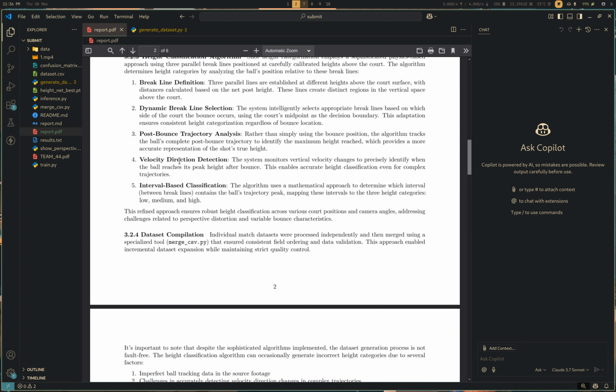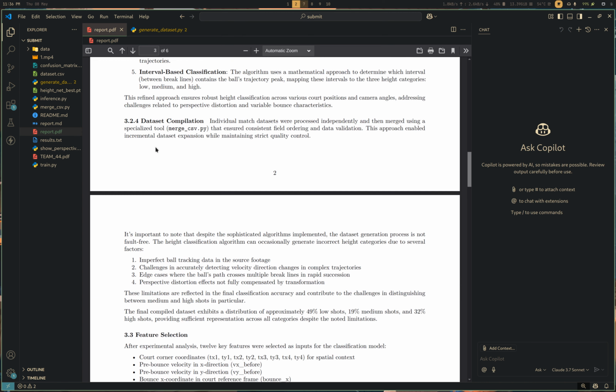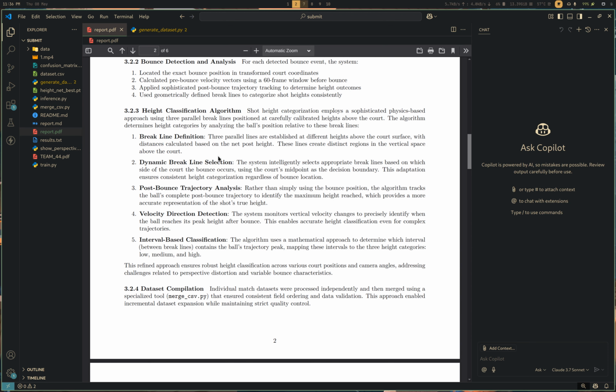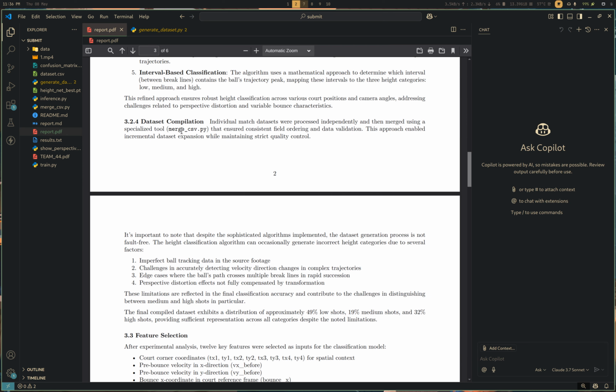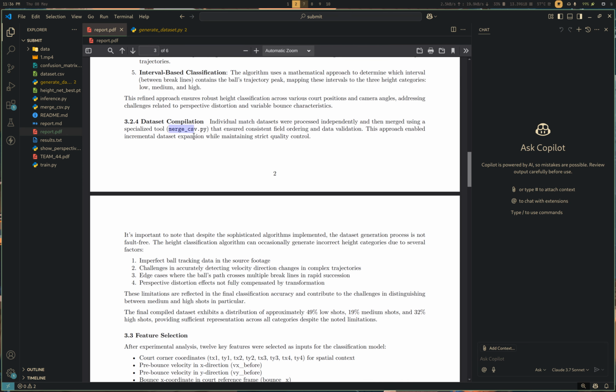Also we calculate the velocity before the bounce within a 60 frame window, and this data is used to classify the ball shot into three categories: low, medium and high. This process is repeated for all the 5 games in the OpenTT games dataset, and then we compile the dataset into a single dataset.csv file using the merge.csv.py file.